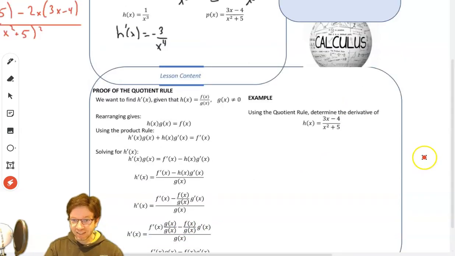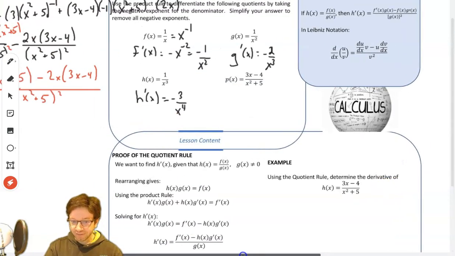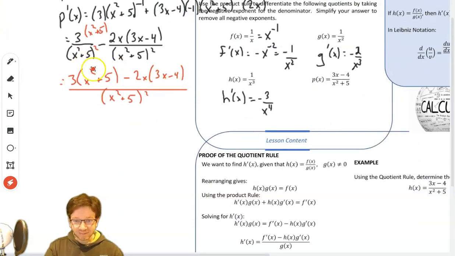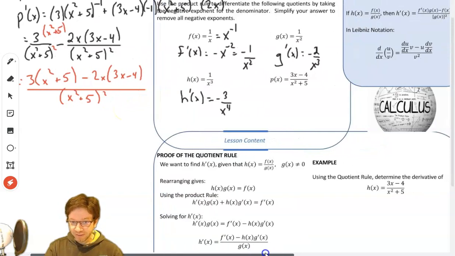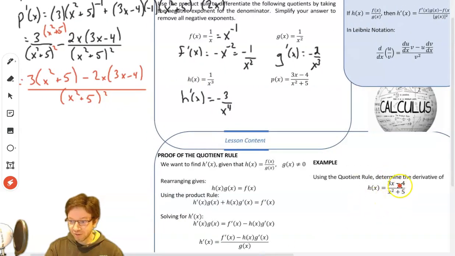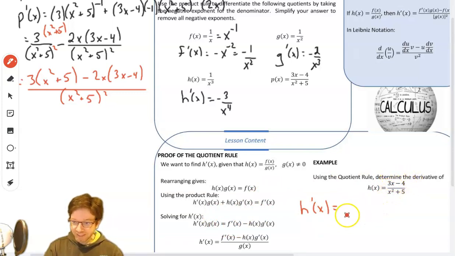This is the exact same one we just did over here. And we got this, except I didn't simplify it yet. We can do that. But using the quotient rule, we can get this directly. So h prime of x equals, so we're going to do the derivative of the numerator. So we just get 3